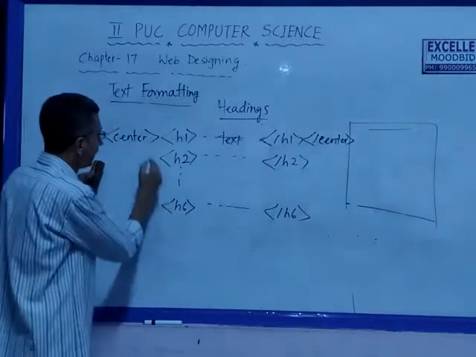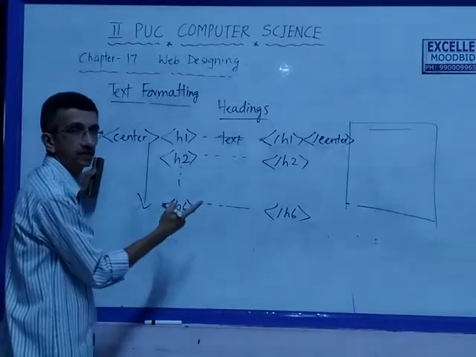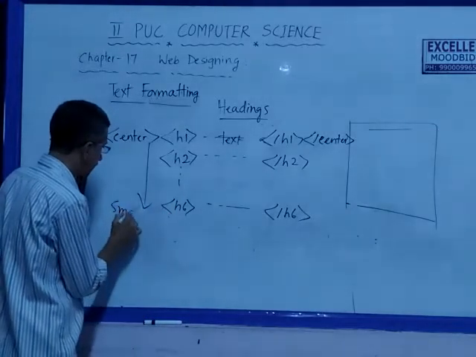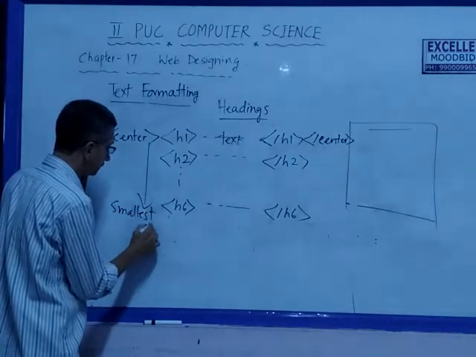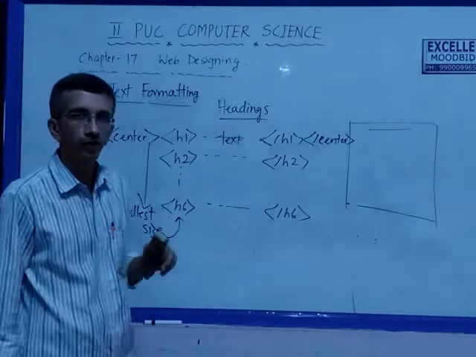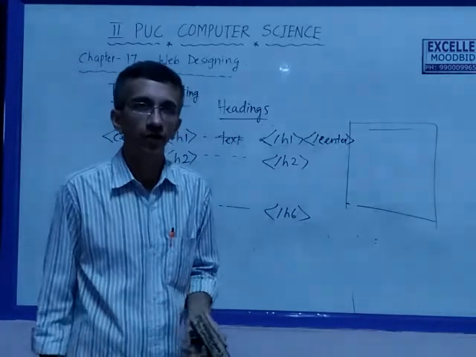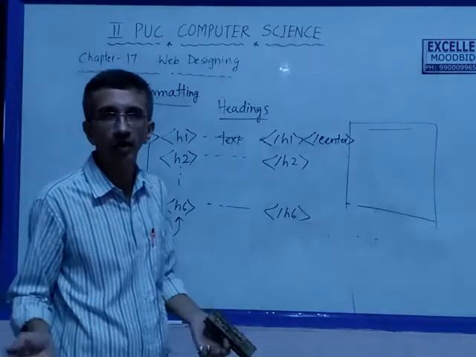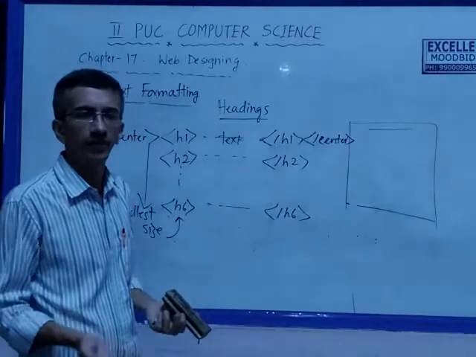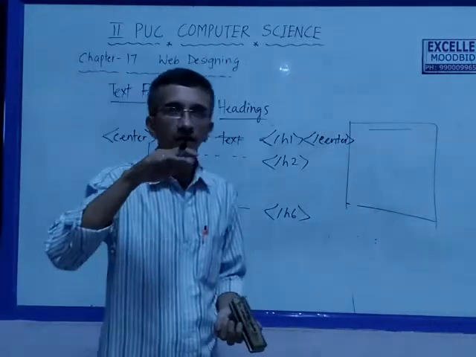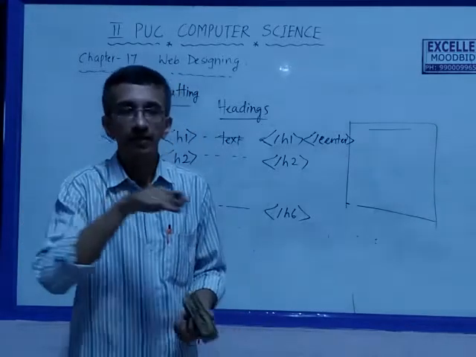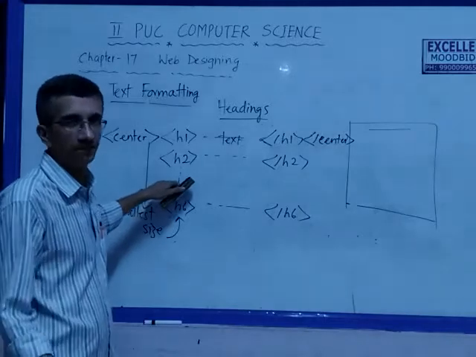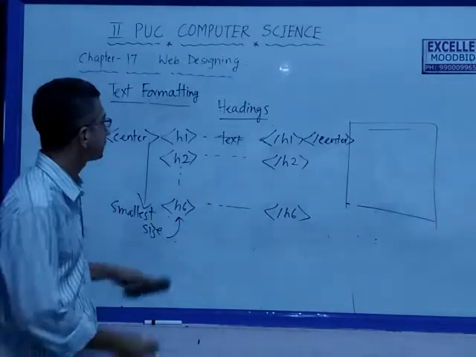H2 will be in decreasing size. So from H1, the largest size, H2 is the next lower size, and so on to the smallest size. So this is the smallest sized heading, H6. If you write in H6, it will be the smallest size of the font. So we have different heading levels, which we can include anywhere in the text, in between paragraphs, or usually a paragraph will have paragraph headings. Those will be maybe either H3 or H4 or any, depending on which size we require.